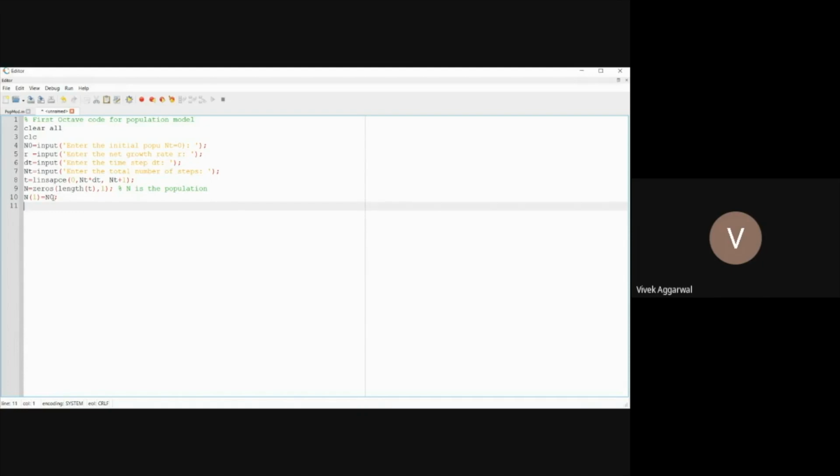Now I will make the loop. So I will write a for loop, for n is equal to 1 to, so how much I want to go. It is depending on nt, that how much step size is needed. So n will go from 1 to nt.